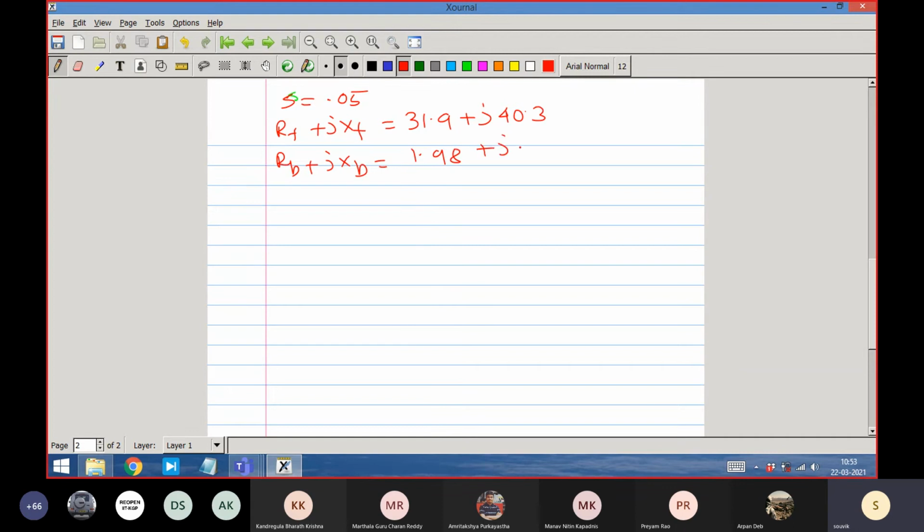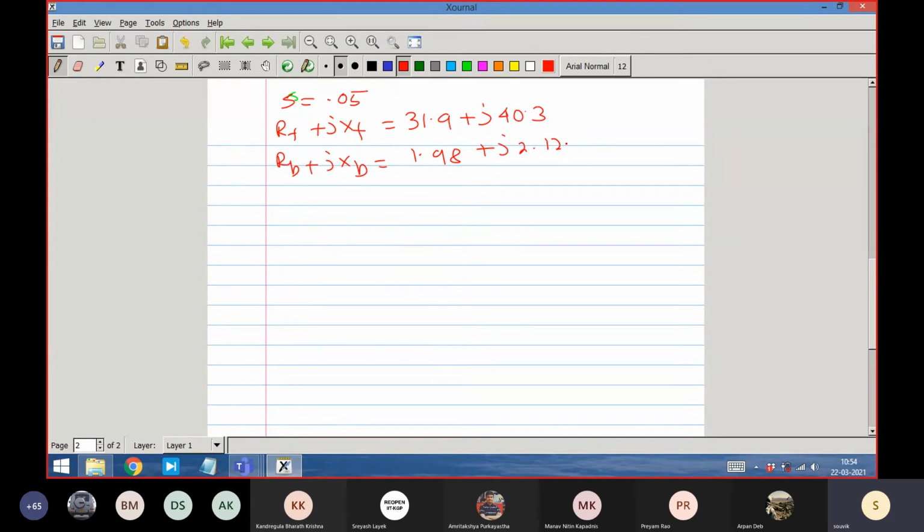1.98 plus j2.12. You see, our common sense is satisfied, because the equivalent impedance of the backward field is much smaller than that of the forward magnetic field. Therefore, the voltage division is also unequal and much smaller, right? Because they are put in series, the supply system of them is in series. So the voltage drop across RF plus jXF is much higher compared to the voltage drop across RB plus jXB. It is as per the impedances that the voltages will be divided.